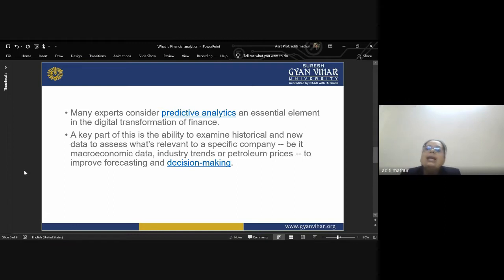If we know in advance that in the coming month we have to pay an insurance premium and heavy expenses are coming, because an insurance premium is not a small thing, it has to be a very good amount of money. You are paying premiums for workmen's compensation insurance, life insurance, medical insurance, fire insurance, whatever insurance it is, a big amount of premium. So you have to be ready with that finance, because if you miss that date, if you have not paid the premium on that day or before, your policy might lapse or you might have to pay a fine also.